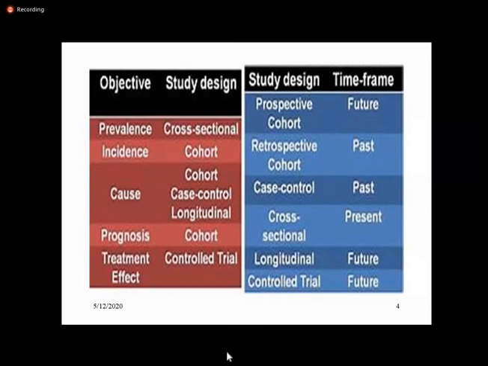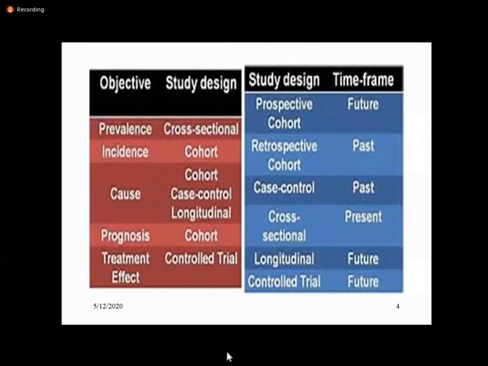But when you go for finding the incidence level, incidence rate, then the cohort is the best one. This is the more powerful observational analytical study design. Then again, if you go to see the cause of the disease, again the cohort study is above all. Then below that is case control and some descriptive studies.